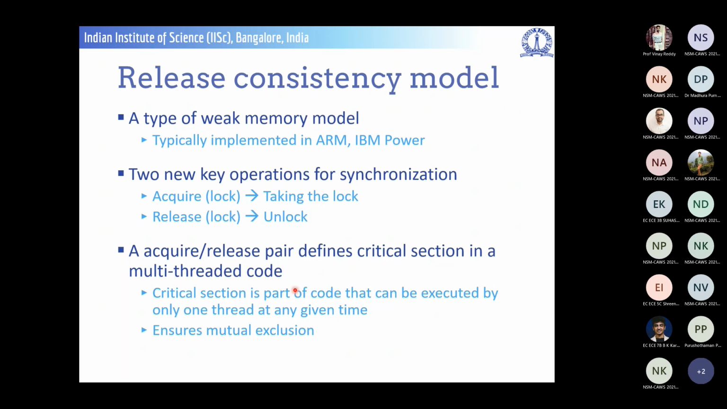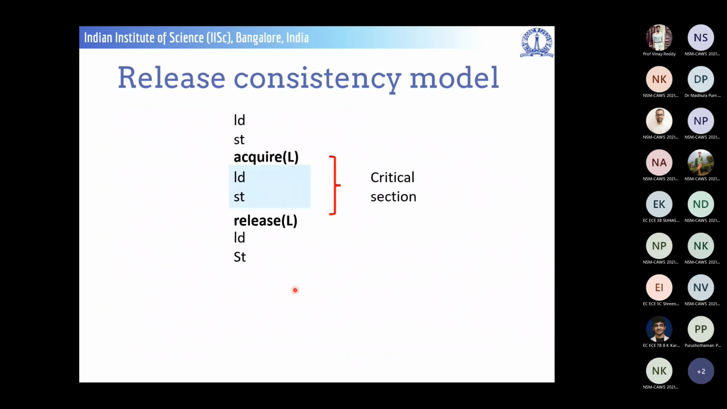What even more we'll actually see. So let us assume this is a piece of code that is actually coming from a thread. There are some load stores. There is an acquire and there is a release. You can see that within this, that's the critical section. Now, what the release consistency model observes is that,